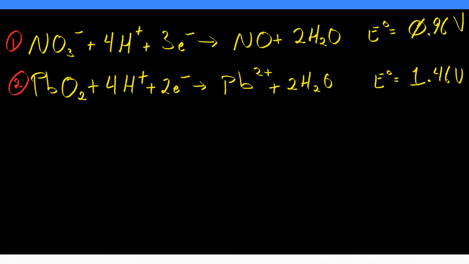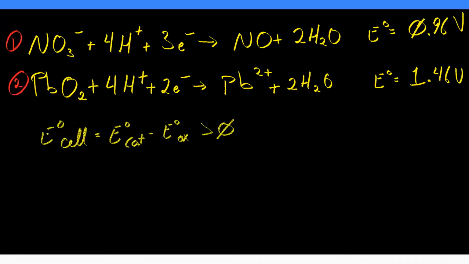So here is our next example. Our first reaction is nitrate, NO3 minus, plus 4 hydronium plus 3 electrons yields nitric oxide. Remember, that's one of those weird ones. It's just an exception. Nitric oxide and 2 water, with a standard reduction potential of 0.96 volts. Our second reaction is lead-4 oxide, PbO2, plus 4 hydronium plus 2 electrons yields lead-2 and 2 water, with a standard reduction potential of